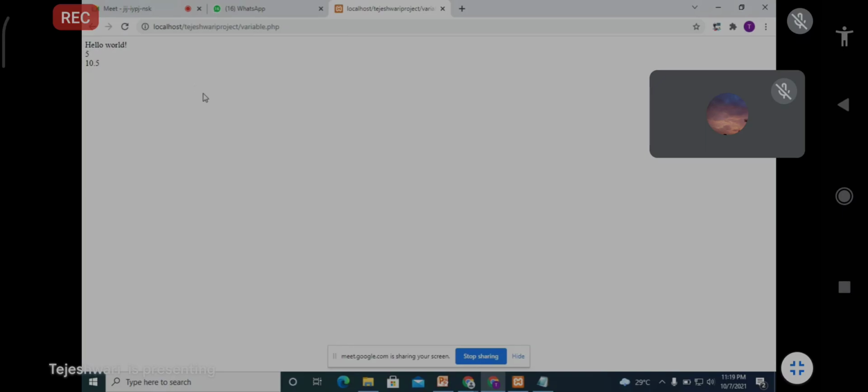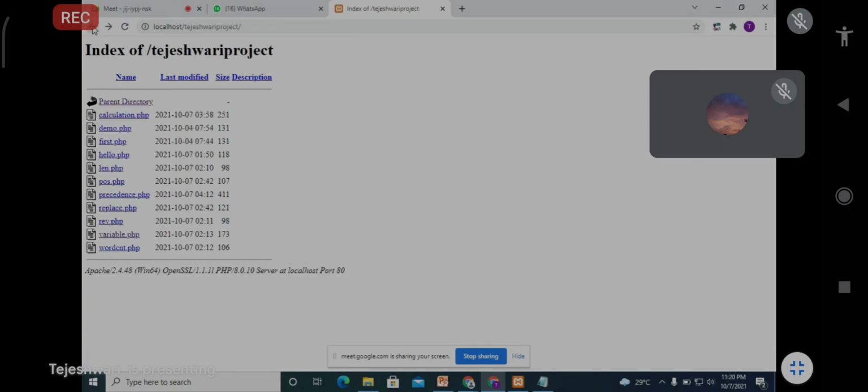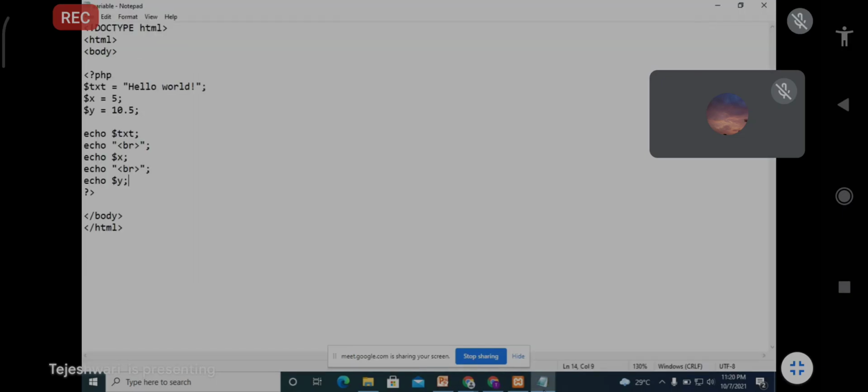Then for x there is a value 5 and for y there is a value 10.5. So whatever values you created for this particular code are shown. This is the PHP example for how to declare the variables and how to show the output in the particular script.